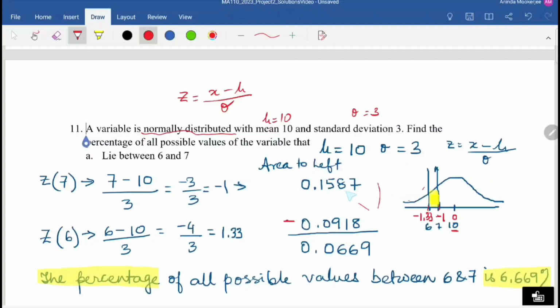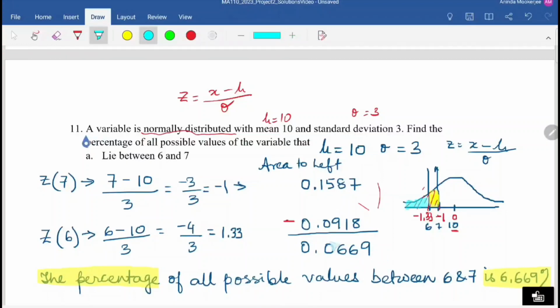Because 0.1587 is all the area to the left of -1, we are not interested in this area here. We are not interested in this area, right? This has to be subtracted. How do we subtract that? We subtract the area to the left of negative 1.33, and that's why we need to do that subtraction. And the final answer is